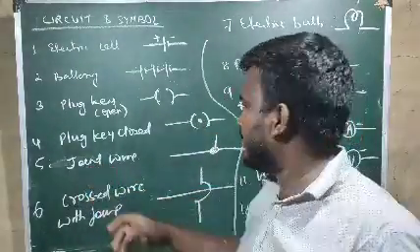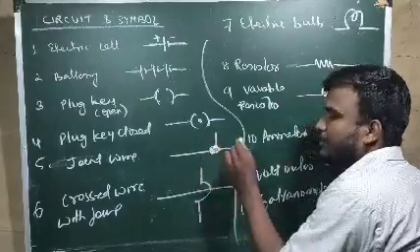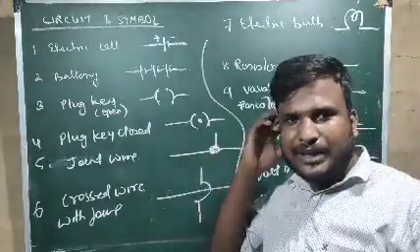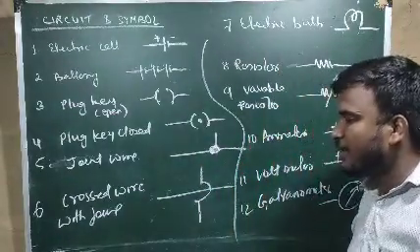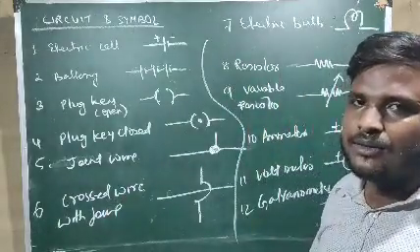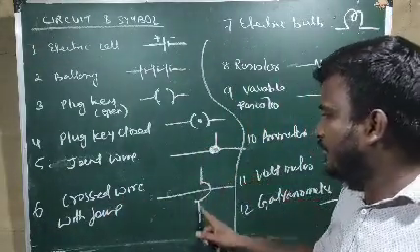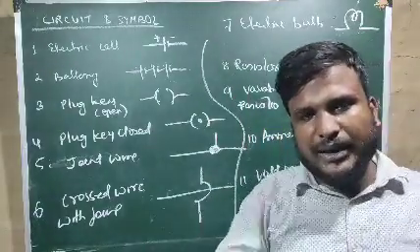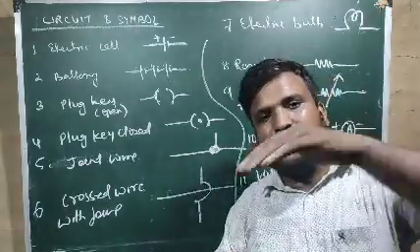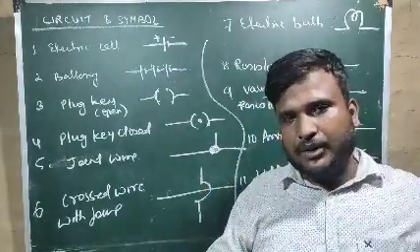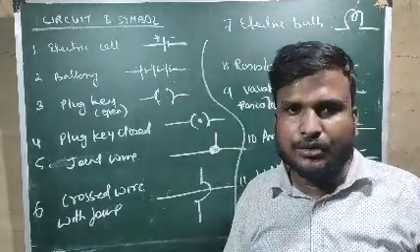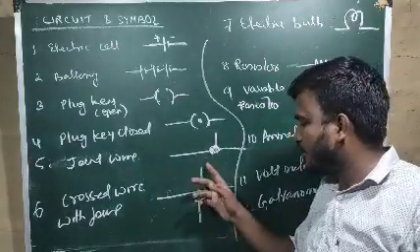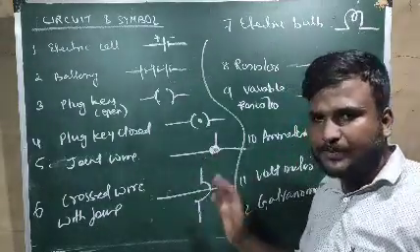Joint wire. This kind of symbol when you see in the circuit diagram, this means wire is joint. I hope you understand this, how the wire is joint, at your home also you might have seen. Next is crossed wire without joint. Suppose one wire is going and from here another wire is going. You have seen, I think, that overbridge. From below one road is there, from there also vehicles are going, and one overbridge used to be there in cities. From the overbridge also vehicles go. Like this one also, from here current will flow, from this side also current will flow. So this is a crossed wire, I mean joint is not there here.